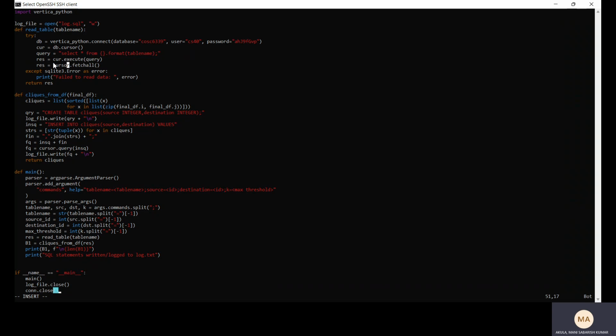we are fetching all the rows after connecting to the database, and if any exception occurs while connecting to the database, it prints fail to read the data and prints the error, whatever it is. And then if everything goes well, it returns the results, and then from the results we are calling